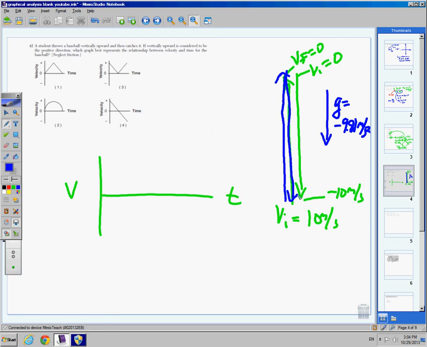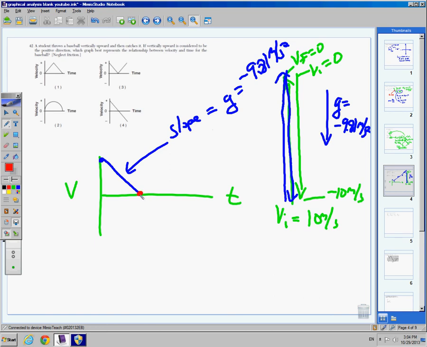Looking at that, I need to know I have initial velocity greater than 0. And then this object's going to slow down. It's going to slow down at a constant rate. Constant because this slope will equal g, or negative 9.81 meters per second squared, because that's what's actually slowing this object down. Slows it down so much that when it hits the x-axis, it actually goes to 0, which makes